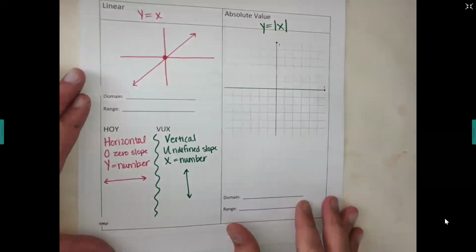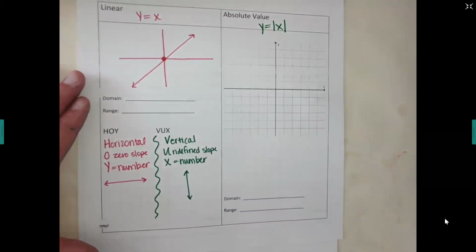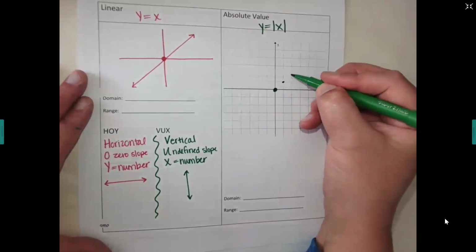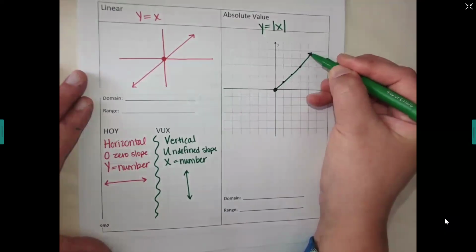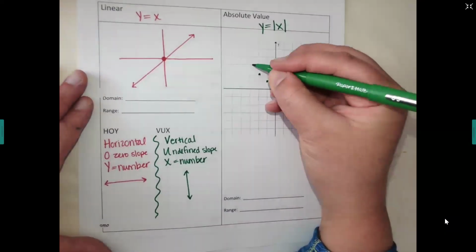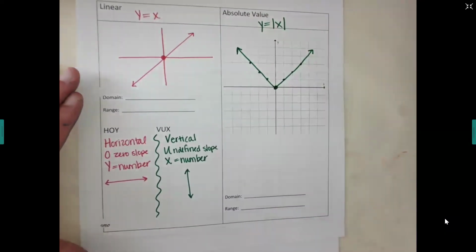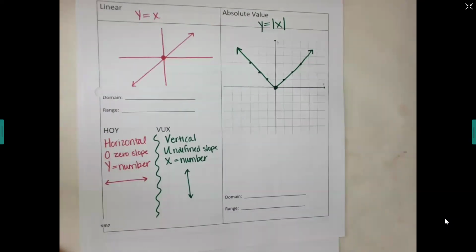Put y equals. Remember, x goes in like the little bars. That's your absolute value symbol. Then you're essentially going to draw still perfectly uphill to the right, but you're also going to go perfectly uphill to the left to make your V shape. Now remember, this V shape can be changed by putting numbers in the equation. But for your parent graphs, they're just the generic shape without any of those adjustments.